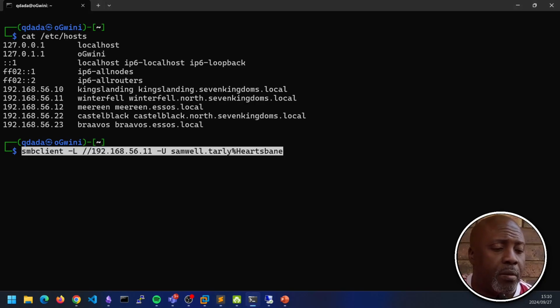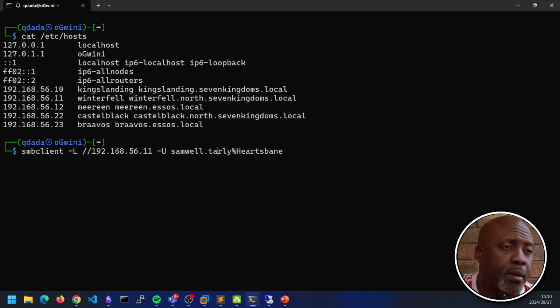I've copied the command already targeting Winterfell .11, but I just want to show you what it looks like when you use those creds across all the boxes. So we're going to supply Samuel Tally's credentials across the boxes to ask all the boxes, tell me what shares are available, so that we can see if we can connect to any of them and discover something useful.